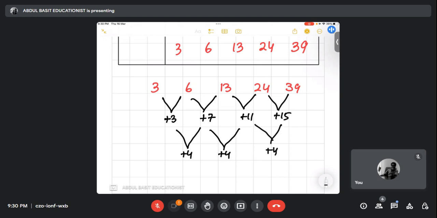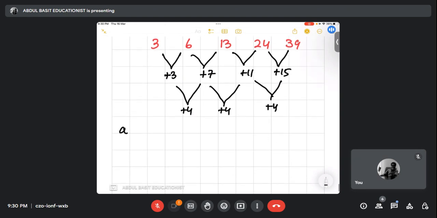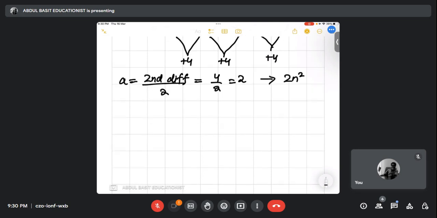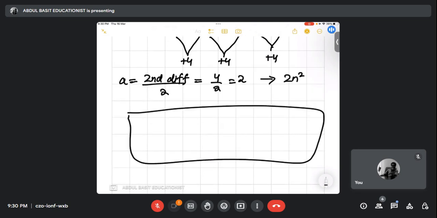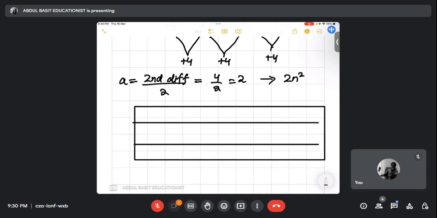ठीक है जी। जरा जल्दी से कर लेंगे ताकि हमारा काम जल्दी खत्म हो। एक ही वैल्यू निकालने के लिए, सीक्वेंस क्वाड्रेटिक है, तो सेकंड डिफरेंस डिवाइड बाय व्हाट? 2। वेरी गुड। तो 4 डिवाइड बाय 2 इज 2। ओके जी, अब वो टेबल बनाएंगे तो मतलब हमारे पास 2n² हो गया, ठीक है जी, रिमेंबर दैट। सो अब वो छोटा सा एक टेबल बना लेंगे जल्दी से, और जल्दी जल्दी हम लोगों ने इसके फॉर्मूले लिखने हैं।